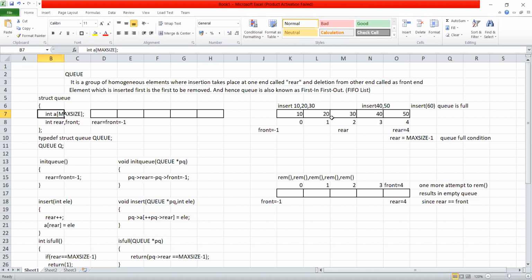So these are the operations I have performed. While inserting an element into the queue, first you have to increment the rear end. Here I have written the steps algorithmically. So rear is initially -1. When we increment rear, it becomes 0, and then your element is inserted, that is an array store operation basically, so that a of 0 is equal to element. So this we have to repeat every time. Insert 20, again increment the rear, so that rear becomes 1 and a of 1 is equal to 20. Increment rear,